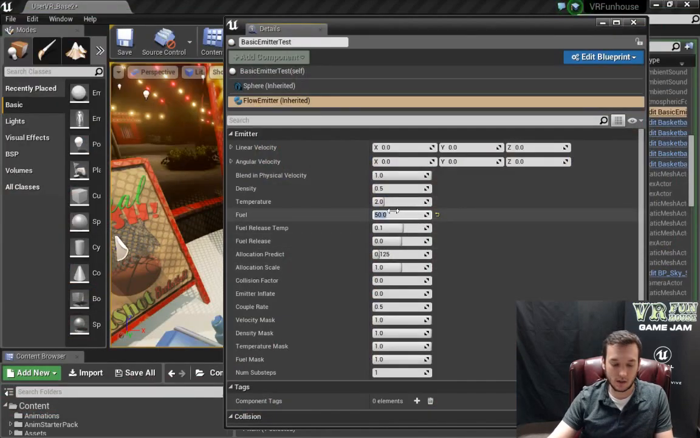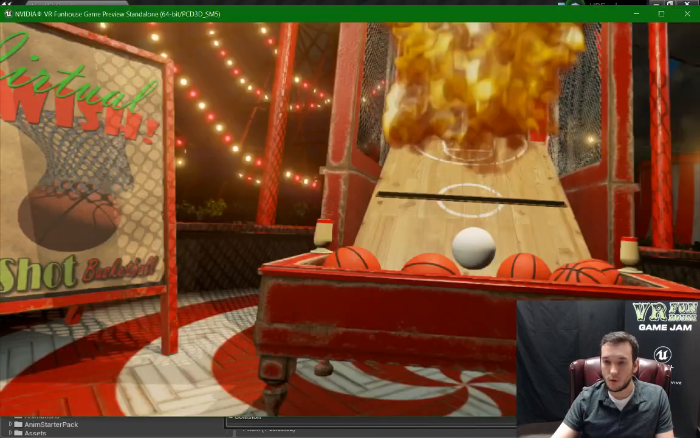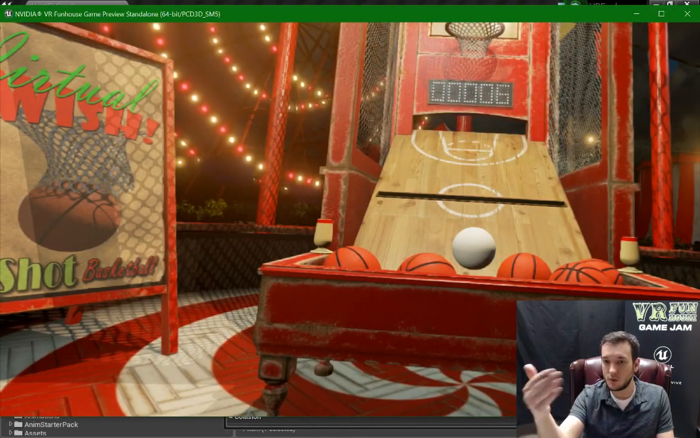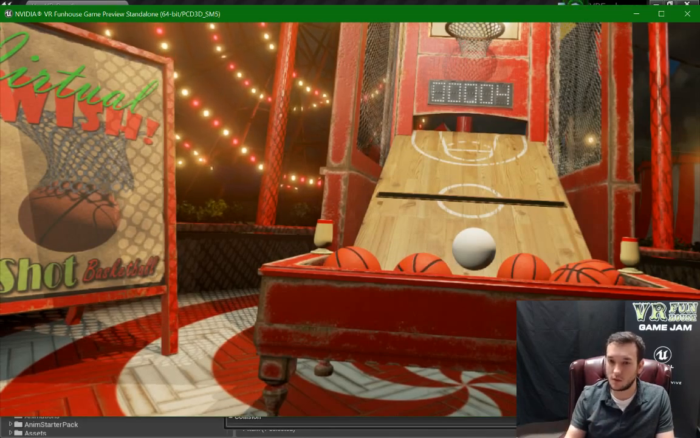We can take it down to 0.2, and we should have almost no fuel rolling out of this. You actually saw the fuel dissipate. So this is kind of stuff you can do, right? You can